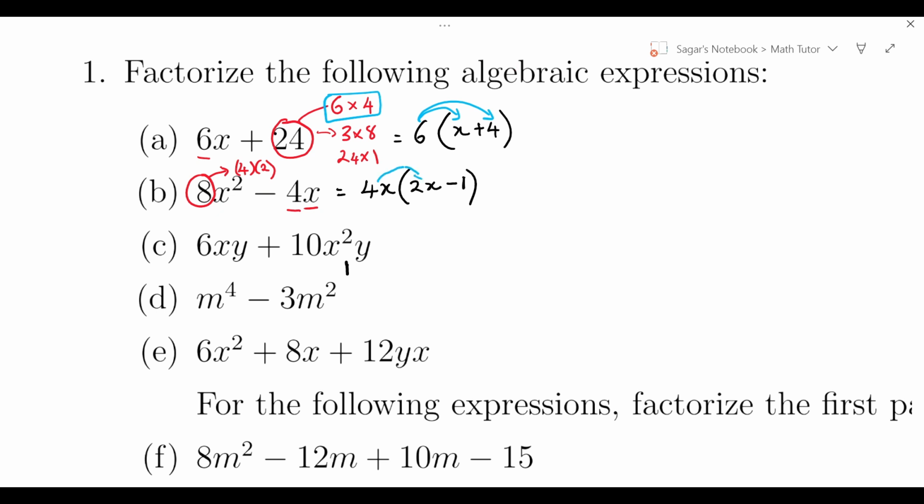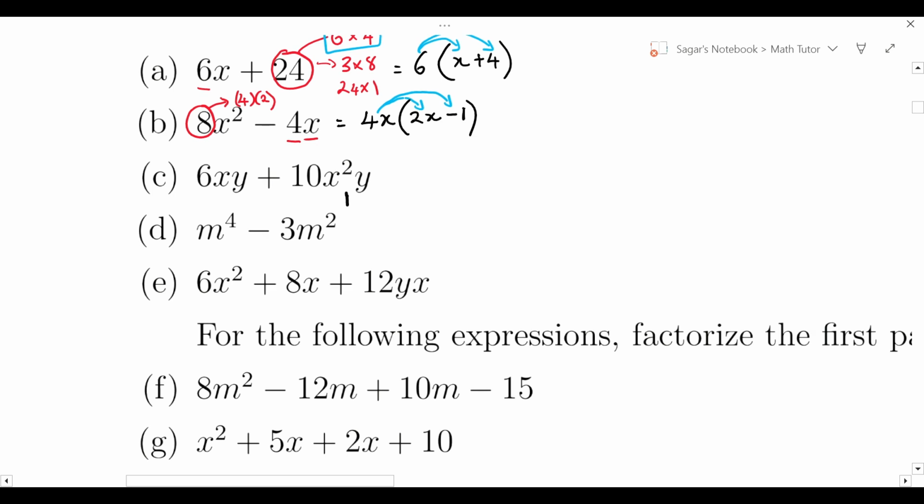4x multiplied by 2x, that's 8x squared. 4x multiplied by minus 1, that's minus 4x. So that's what we want. Let's move on to C. In C, xy is our common factor, and